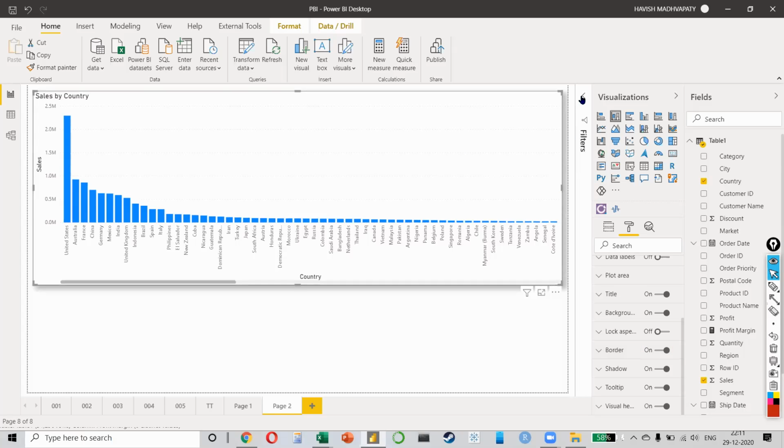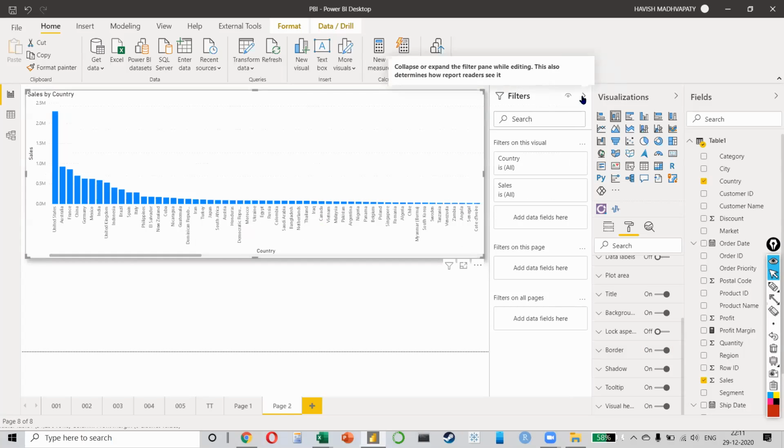So we open up the filter pane, this one, which so far we have not used. So please open up the filter pane. And what do we want? If you notice, it says country is all. So it's selecting all the countries. But we don't want to do that. We just want to select the top 15, let's say the top 10 countries.